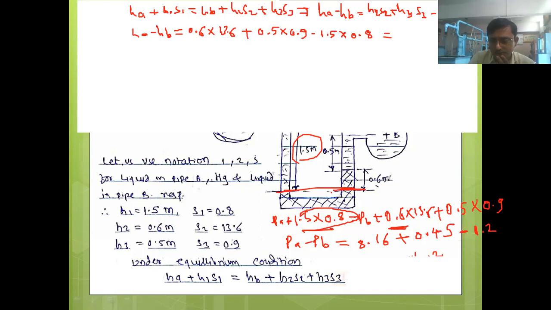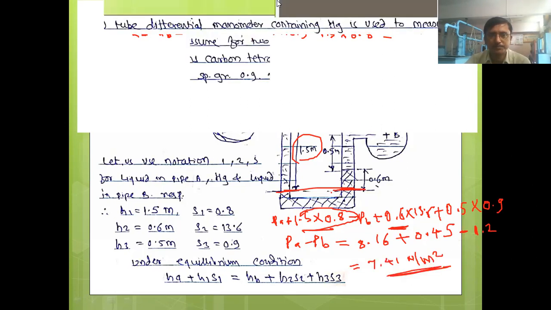Dear student friends, there is a mistake in the previous method. Those students who have solved the problem, I will also forward that. Whatever answers we have got here, there is a blunder I have made. In this formula, the terms are gamma 1 H1, gamma 2 H2, right? But here I have taken only the S1, S2, S3 values. So this is the wrong answer. We have not taken the gamma 1, gamma 2, gamma 3 values.